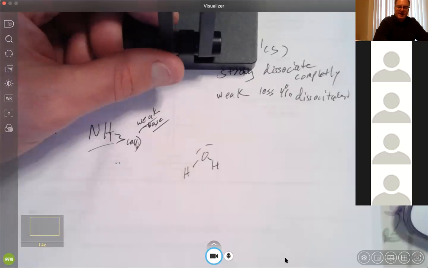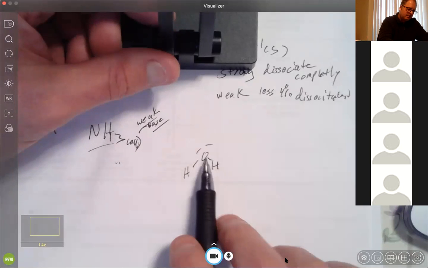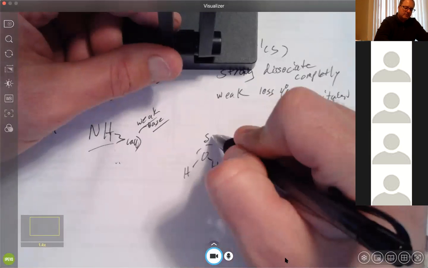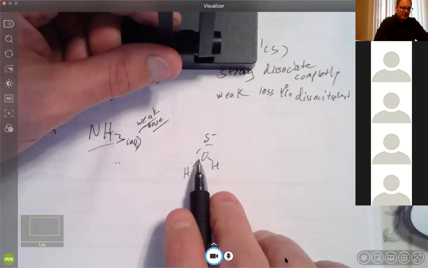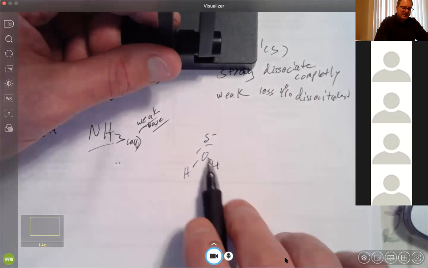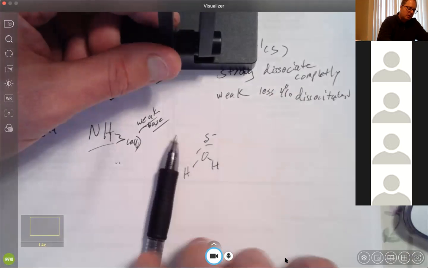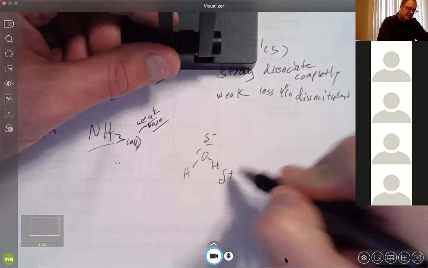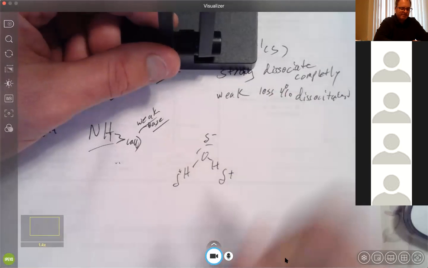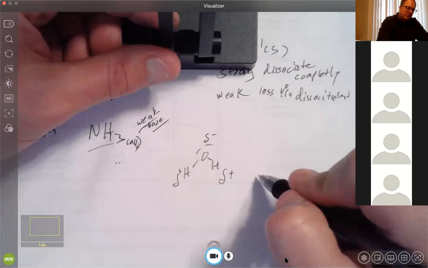So basically the high electronegativity here gives the head of this water molecule, the oxygen, the ability to pull these electrons in, and it gives the oxygen a partial negative charge. That gives these hydrogens down here a partial positive charge. Now, if I have another water molecule,